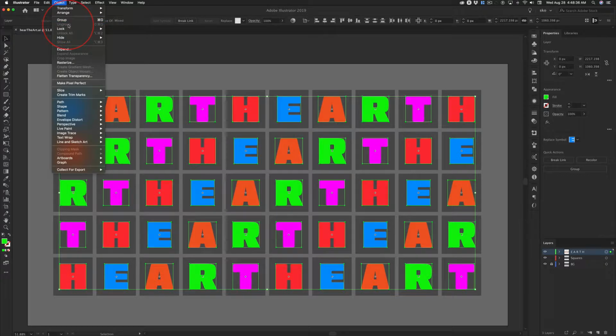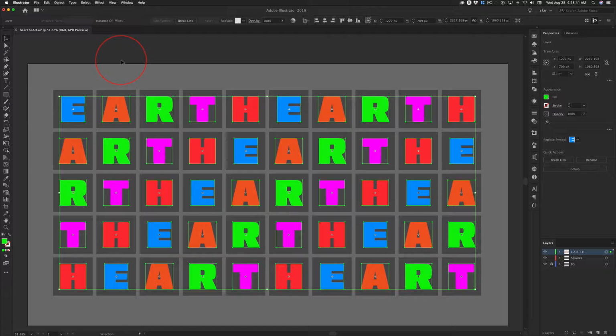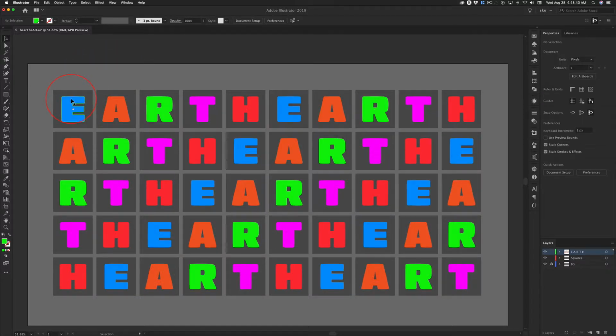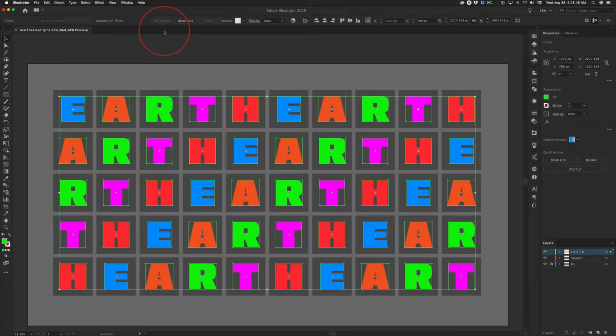See how ungroup is grayed out? It's because nothing is grouped. So you group that, and then when you click away and click on any one object, hey, they're all together. See it? Okay, now